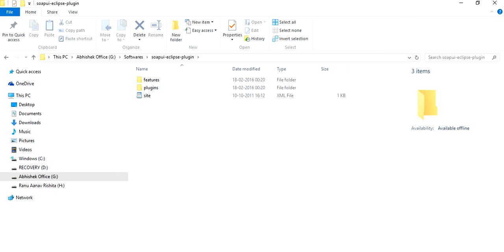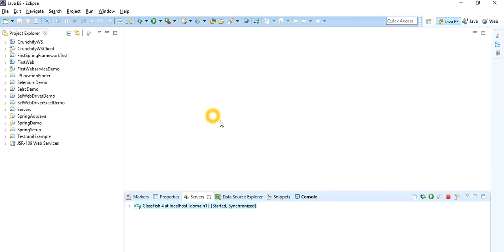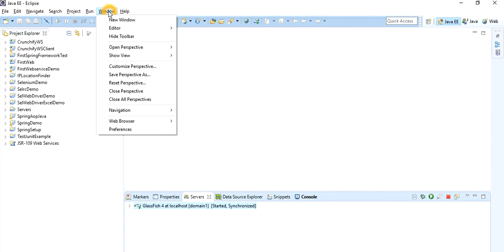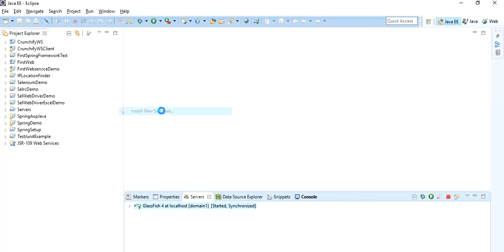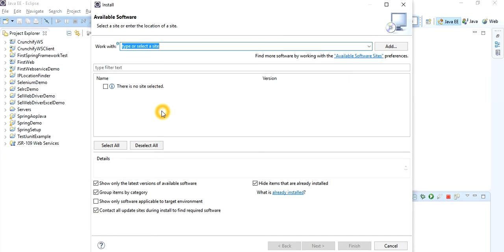So now the next step is, just go to the Eclipse, right, click on window. Oh sorry, first you have to go to Help because you have to install the SOAP UI. Select Install New Software. Right, here you can see there is nothing. You can click on available software site, you can just type whatever you want to search over here. You can see the available software site as well.